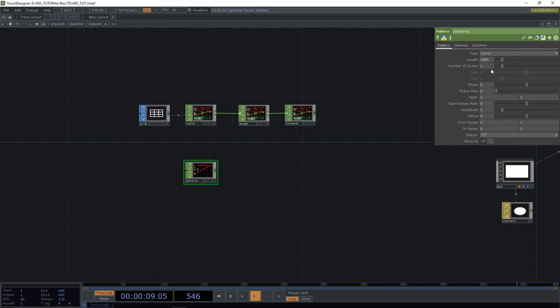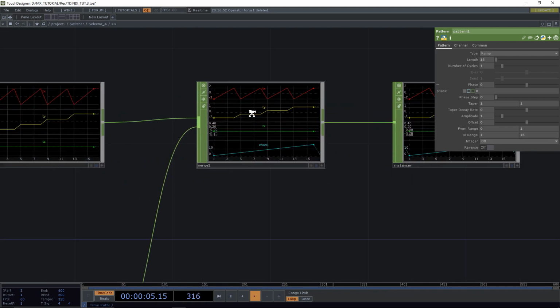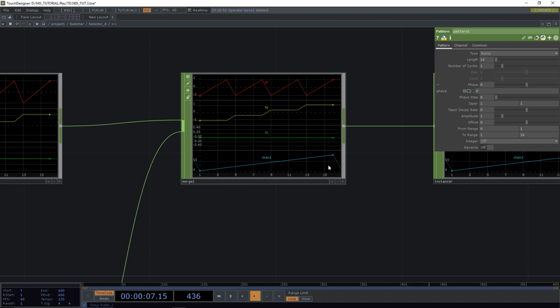A ramp with a length of 16, which makes us numbers from the range from 1 to 16. Now we're gonna merge that in here. I'm gonna check 16 numbers. It's always useful to check that all the things that you put together in a merge for an instancing